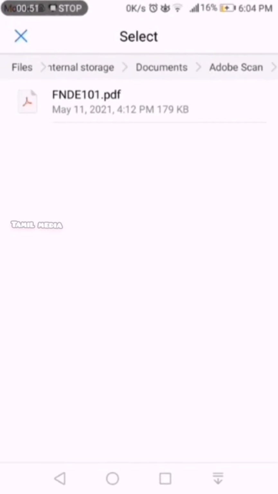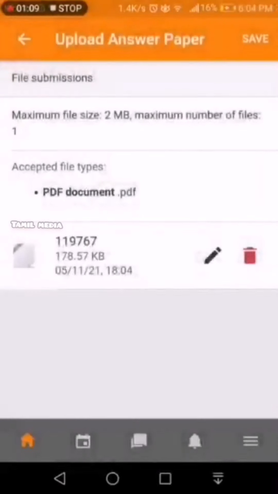Make sure you are selecting the right answer sheet. So if you're in the FND 101 subject, make sure you are selecting the FND 101 answer paper. Click on that paper. Okay.